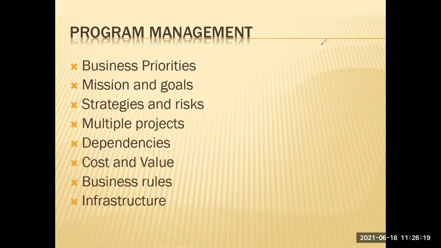Okay, the third part of this particular first layer, that is the business layer, is program management. What is this program management? When we talk about business, there are various things. There could be projects, there could be certain priorities for that business, there could be various people, and those people will also sometimes be part of these processes.